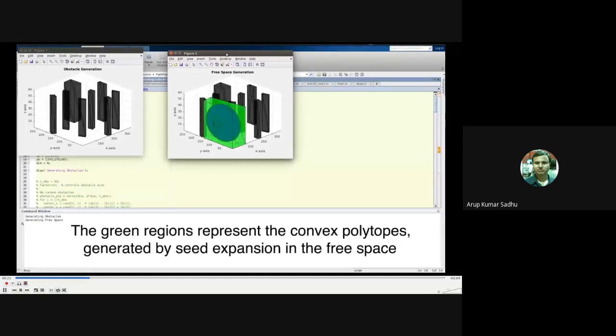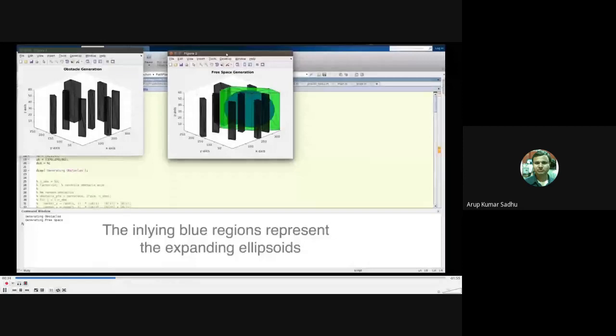They are continuously creating lots of ellipsoids, and they are getting intersected with each other. This is the phase of free space generation. It is identifying the maximum possible free space by expanding the seeds.